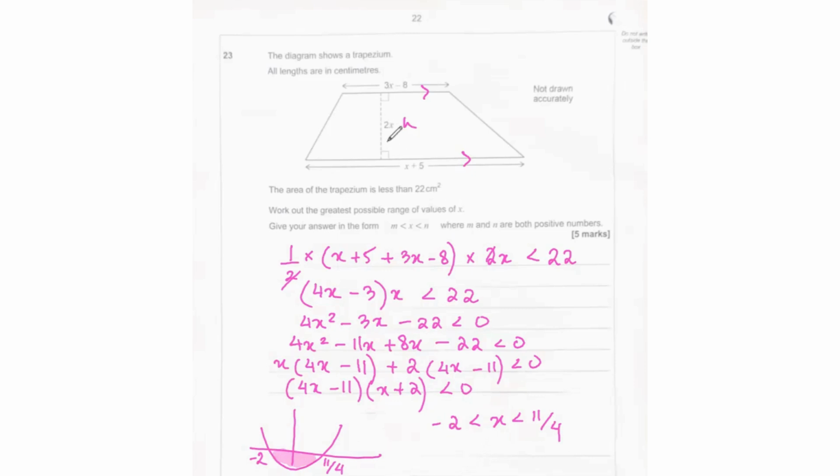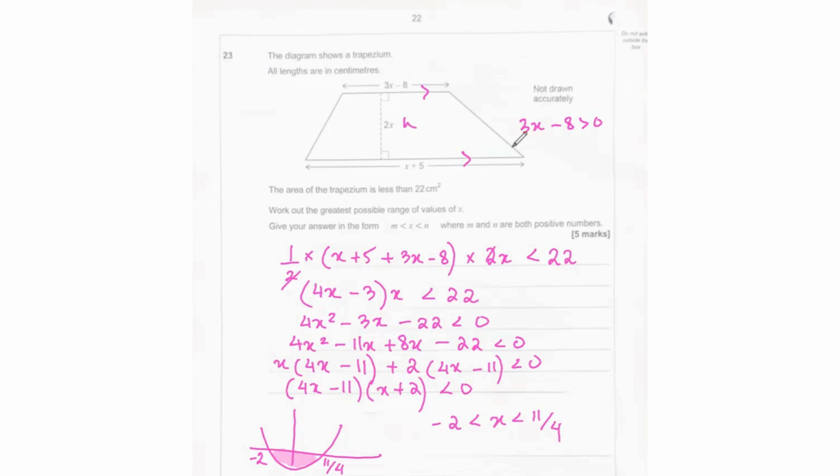However, our x value cannot be negative. Why? Because it's a measurement. If we do negative 1 times 2, that's going to give us negative 2. Negative 2 cannot be the measurement, which means we need to only focus on the positive values. Since the lengths of the trapezium need to be positive, what we will do is we will put one of the lengths